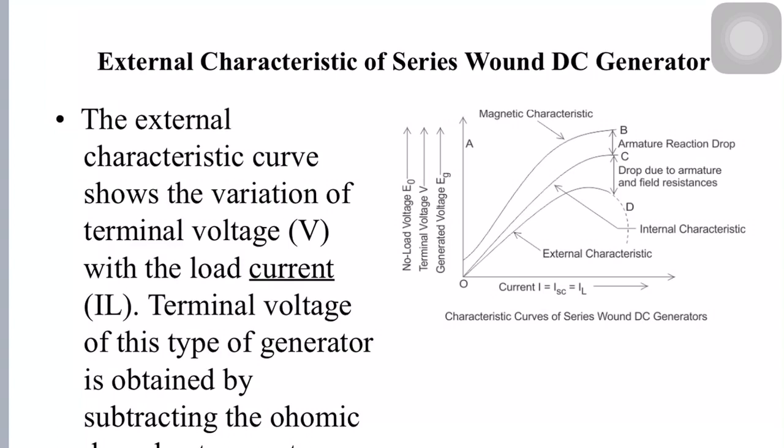If load voltage falls, the load current also decreases proportionally, since current is proportional to voltage as per Ohm's law. Increasing load tends to increase the load current, but decreasing load voltage tends to decrease load current. Due to these two effects, there will be no significant change in load current in the dotted portion of the external characteristics of the series wound DC generator. So, series generators are called constant current DC generators. Okay.